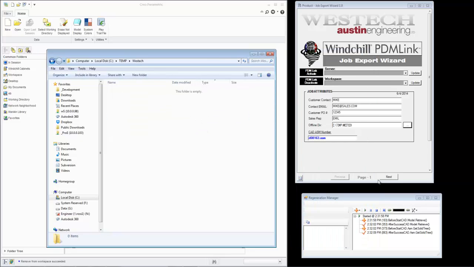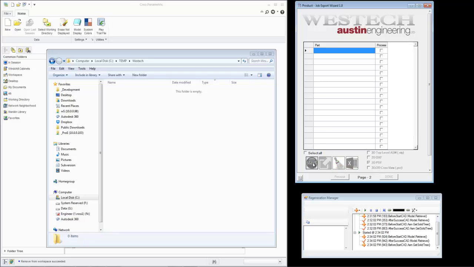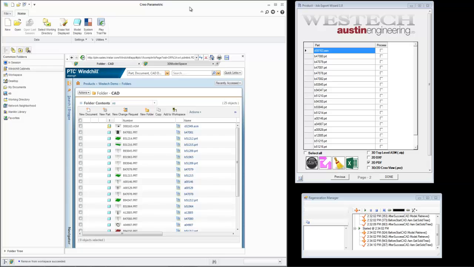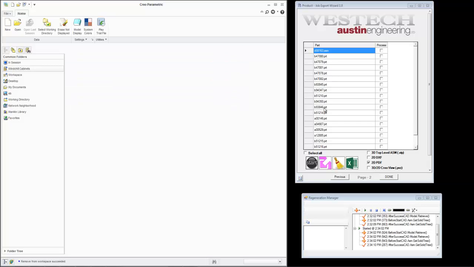And what we'll do is we'll go in, put in our top level project assembly number, go to the next page, and hit the start wizard, which is going to go in and retrieve that information from the Windchill database. Or if it's on the hard drive, it will retrieve the information off the hard drive. It then takes all the models that are part of that and analyzes the top level assembly for the different components, and then we can go ahead and say let's for now select all these options